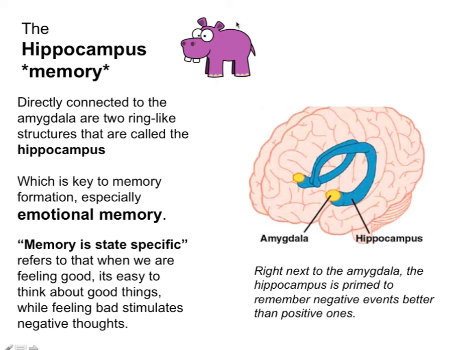Just a reminder, there's our little hippo. So when you see hippo, think memory. Just for fun, because that's what it is. All right, and we already talked about emotional memory, but here's another thing to add, and that is the idea that memory is state specific. When you hear that term, they're actually referring to your emotional state. So when we're in a good mood, we remember all the things that we love about our life, and when we're in a bad mood, we remember all the things that we're not happy with about our life, which is kind of unfortunate, really,